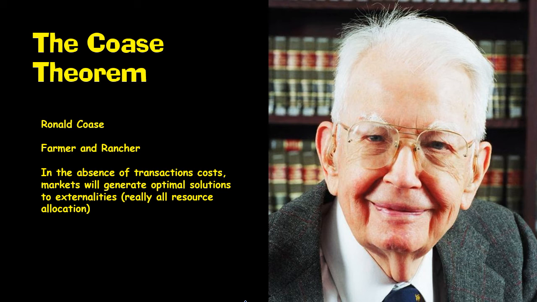Maybe the rancher just needs to buy out the farmer and have 2,000 acres of grazing land instead of 1,000. Maybe the farmer just agrees to sell his corn to the rancher, and he grows corn and lets the cows come over and eat it. There's all kinds of things that you could think of here that the two people might get together and agree on that some government bureaucracy is never going to come up with.